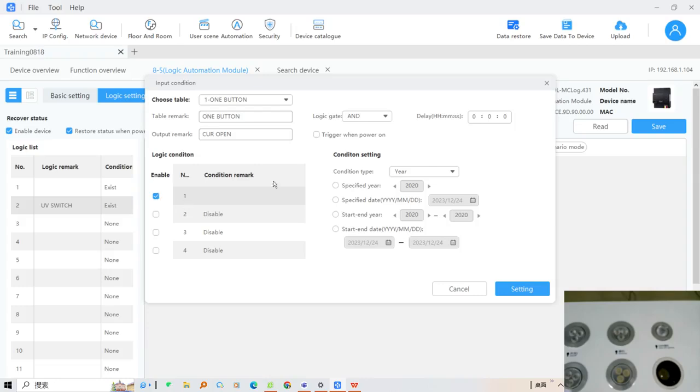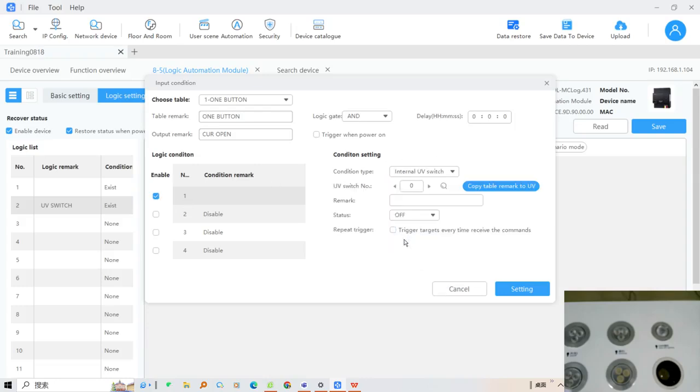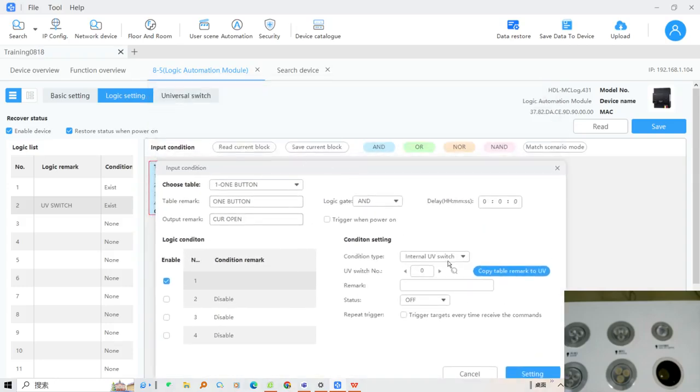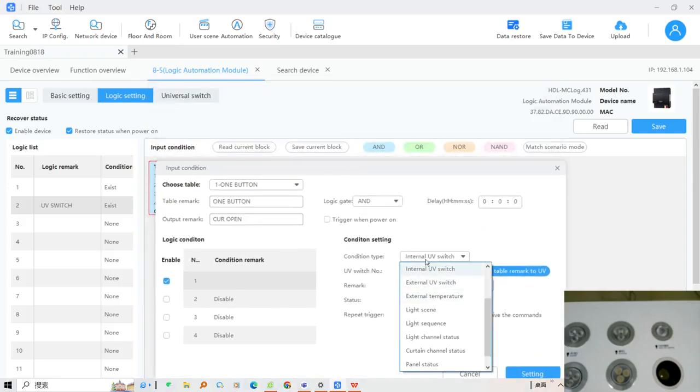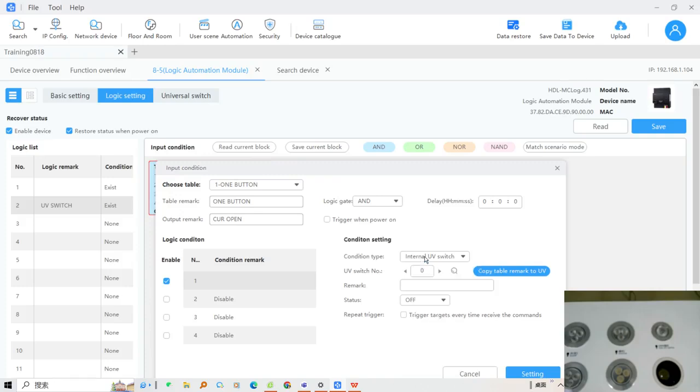Now let me enable this condition and use internal UV switch. Internal UV switch here means the UV switch of the logic module, and external UV switch means the UV switch of other modules, not from the logic module. So now let me use this and use UV switch number 1. And make a remark like curtain open and close. And when it's on,